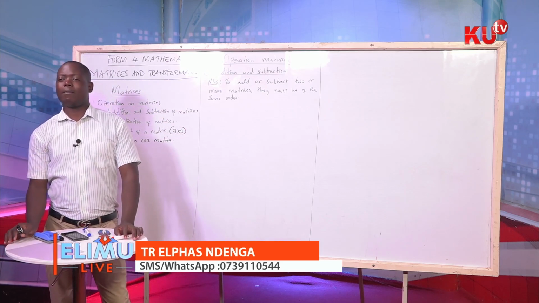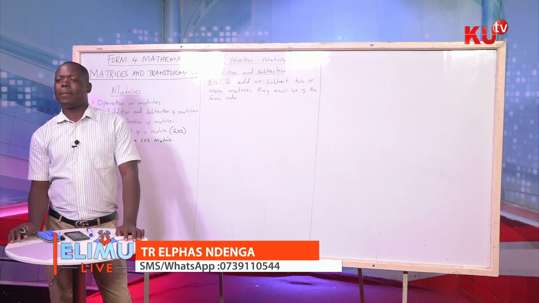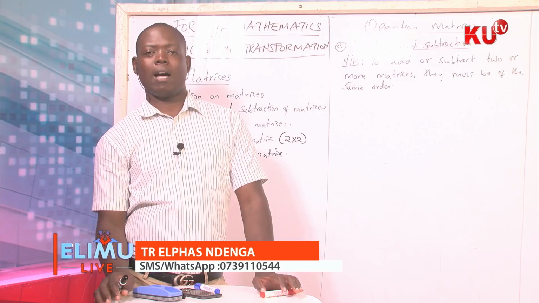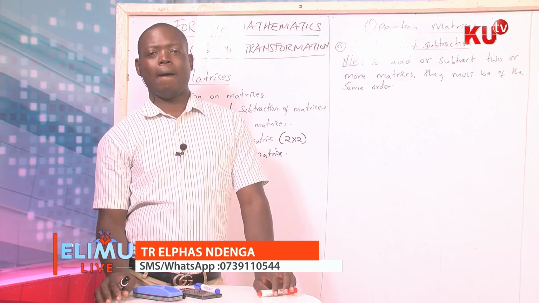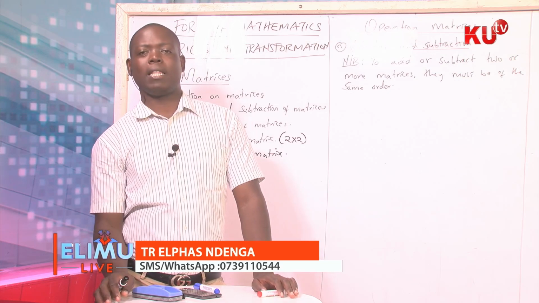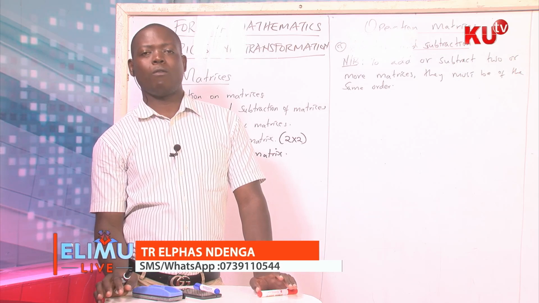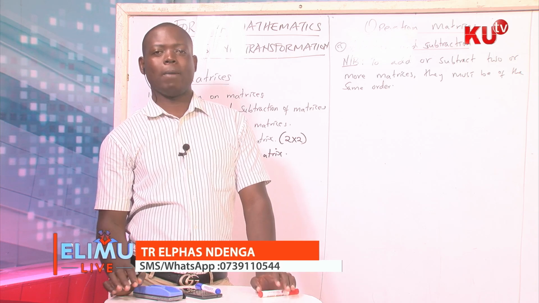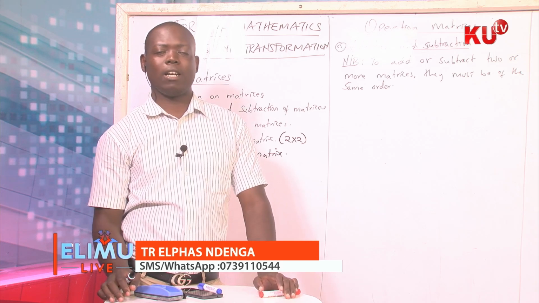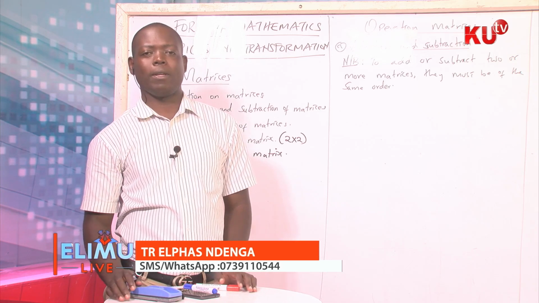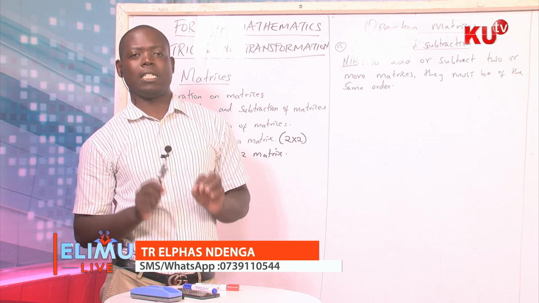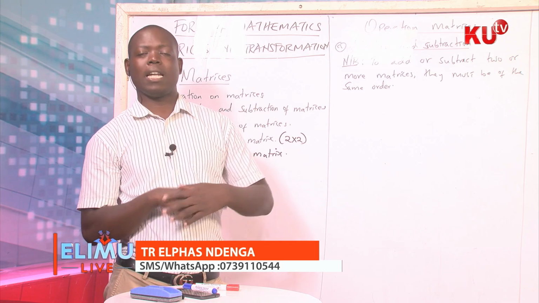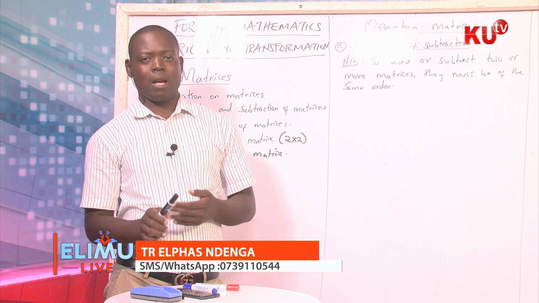Meaning, we cannot have a matrix of order 2 by 2 being added to a matrix of order 3 by 3. Equally, we cannot have a matrix of order 2 by 1 being added to a matrix of order 2 by 3. Why? Because the number of rows and columns in those matrices do not tally. So when you want to carry out addition of matrices, at whichever level you may be, ensure you separate the matrices so that you only deal with those of the same order. For example,